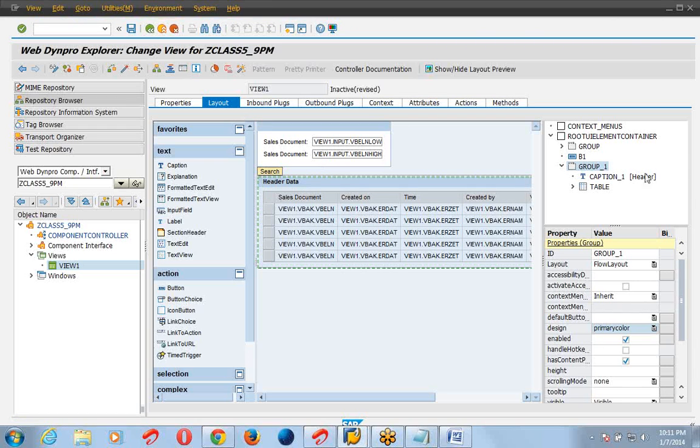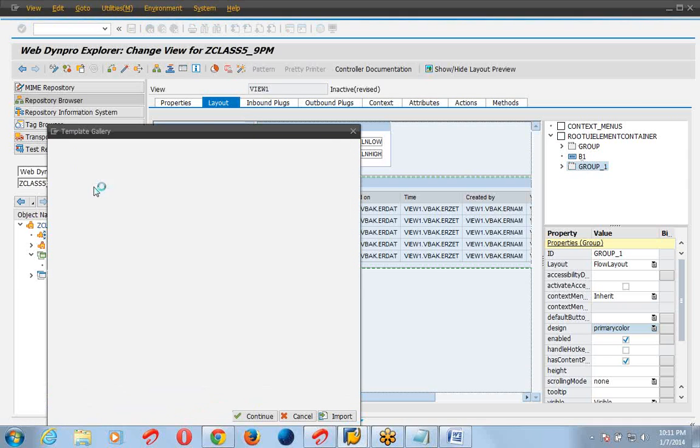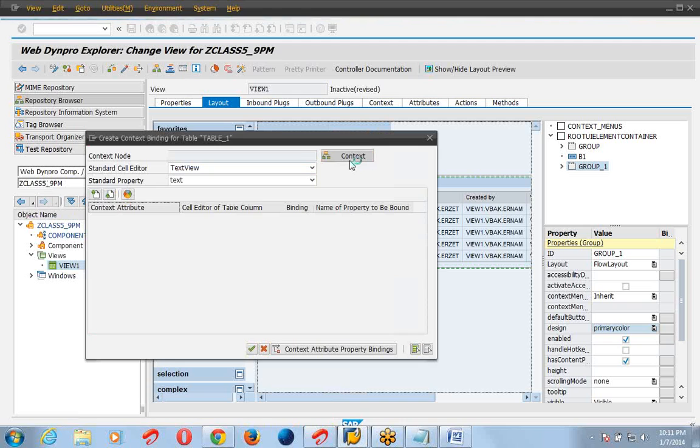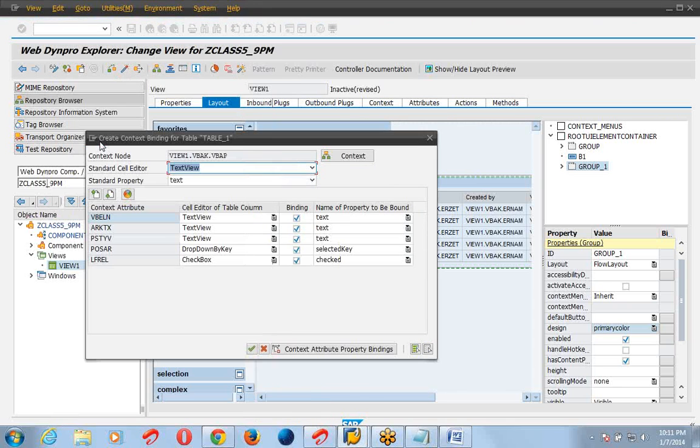Now after this I want to create an item table. For that I will create a table again. Go to wizard, select table, context. Which table do I want to create? VBAP. Select the table, then click on OK.